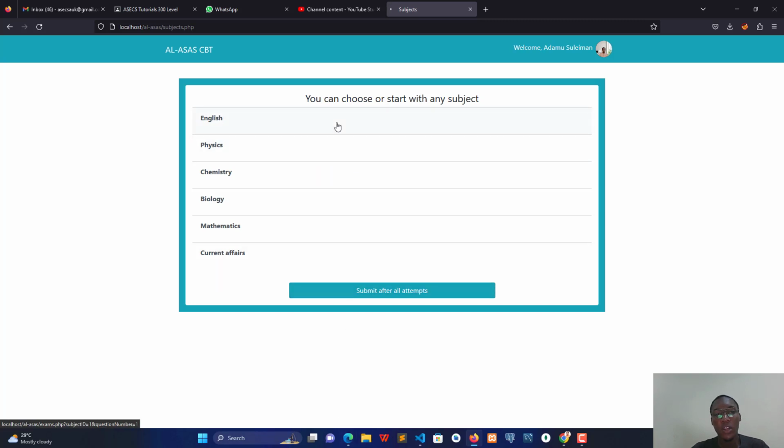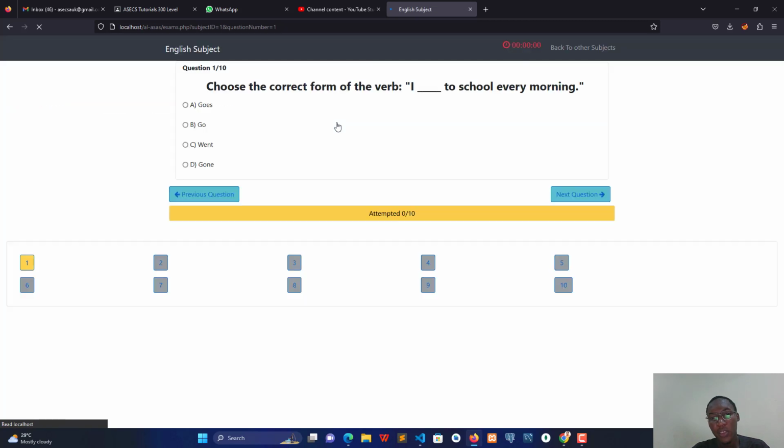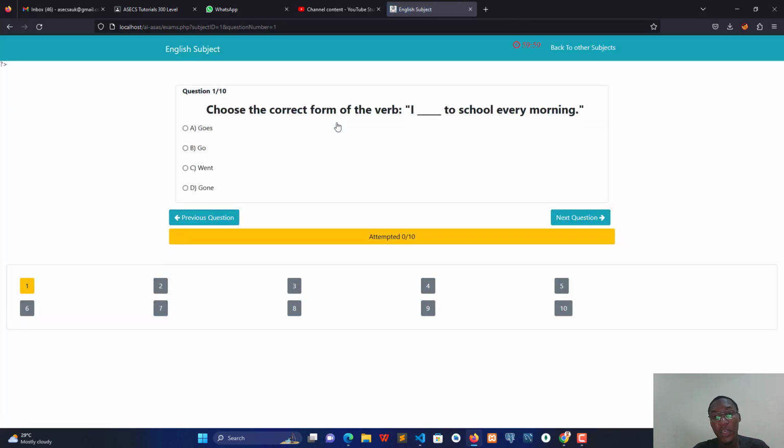So let me just go to English. The timer has also started counting down: 59 minutes 57 seconds. So choose the correct form of the verb. I went to school every morning. Something like that. So what I do usually is for this, like creating a